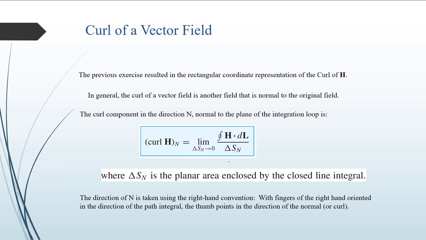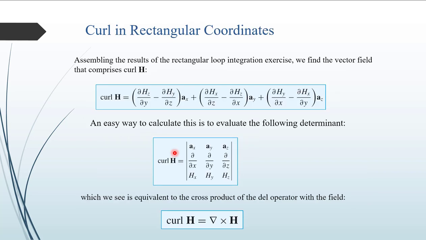So whatever we get by this expression is called the curl of H, or it is also expressed as del cross H bar. This is known as the curl of H. So what the curl of H tells us is, if you circulate any vector field through a closed path, and if that path encloses a surface area, and if that surface area tends to 0 or shrinks, then whatever we get is known as the curl of H. We are going to see the physical meaning of this.